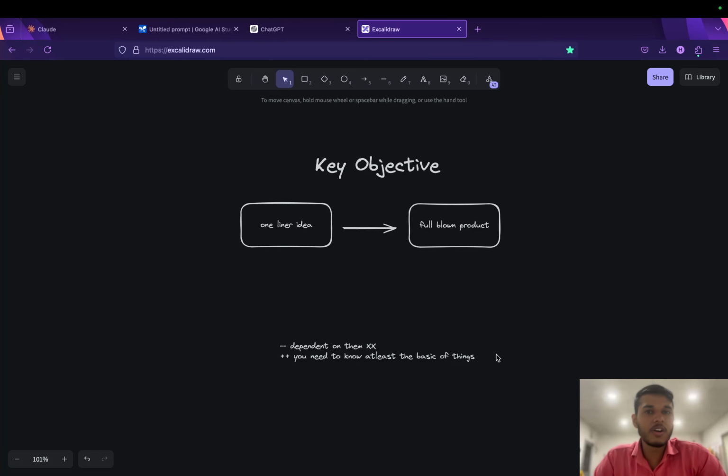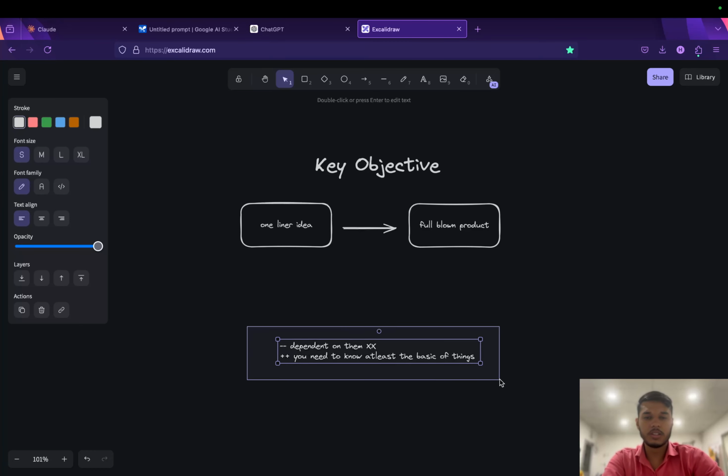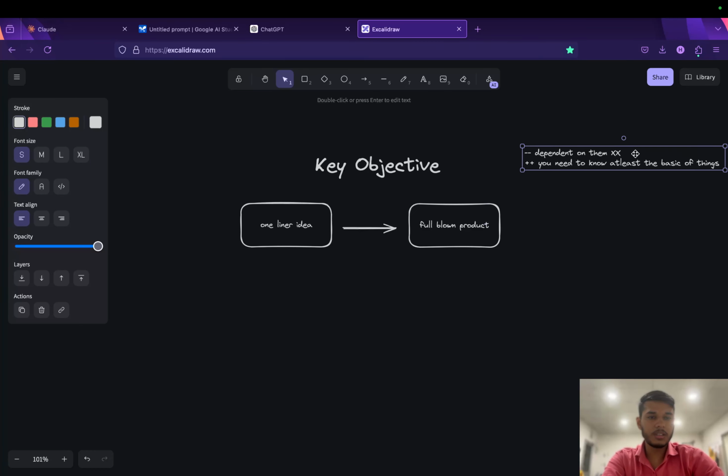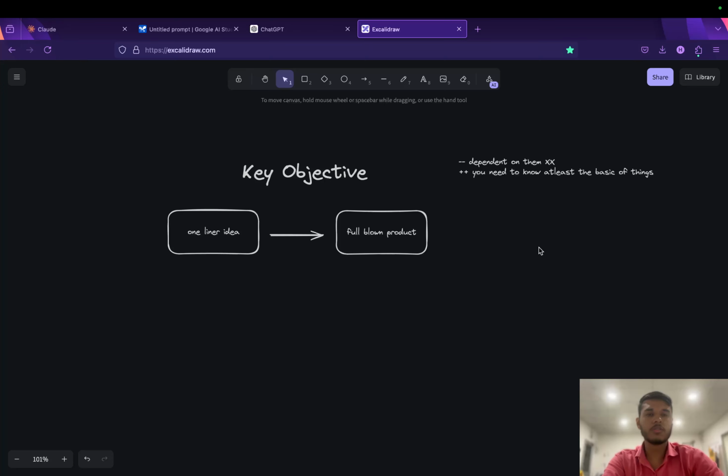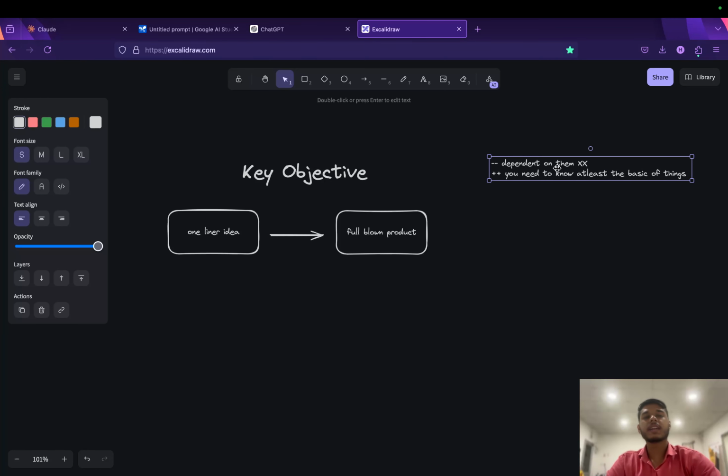It's not that I know a lot of things for now. I know some of the basic things while working with these LLMs, but if I face an error, I won't cut that part. Most probably, I will be showing you the whole error and how I solved it, so the next time we make a video or you try it yourselves, you know how to solve a lot of things. So this is one thing you should be aware of: you don't need to be dependent on the LLM. Never. You need to know at least the basics of things.